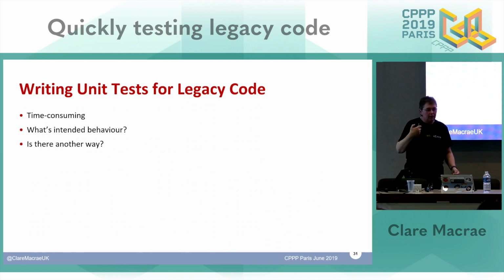I touched on this already, but writing tests for legacy code can be really time consuming. But a really important aspect of that is if you're looking at a small part of the code and you don't know what the intended behaviour is, you might write a test and capture the current behaviour, but it might not actually be an executed path of the program. It might be dead code, but your act of writing a test for it makes it harder for your future self or a future maintainer to change that code.